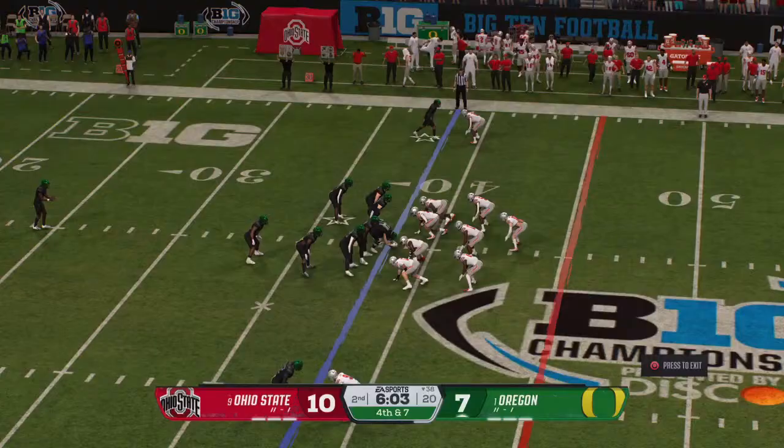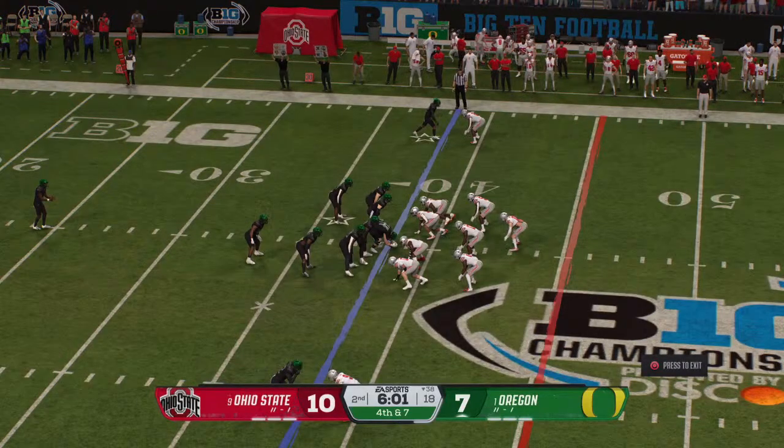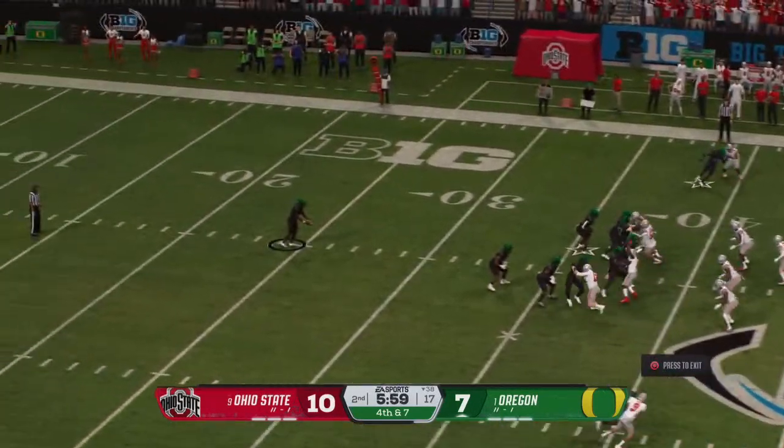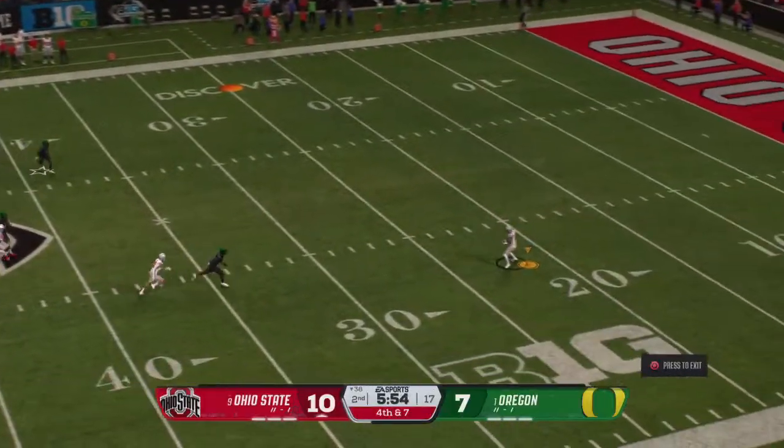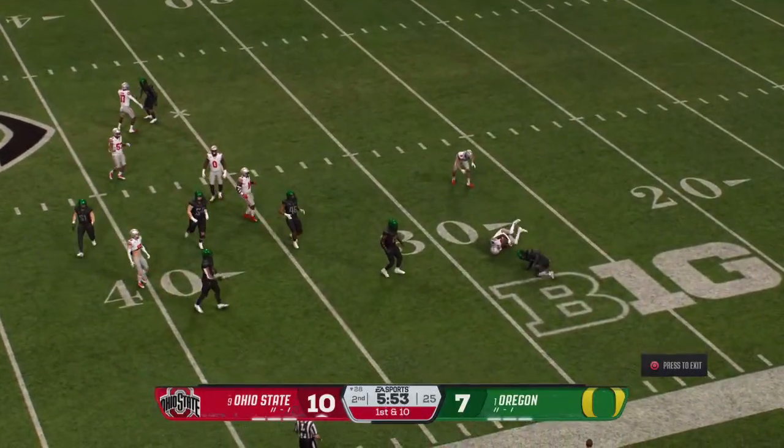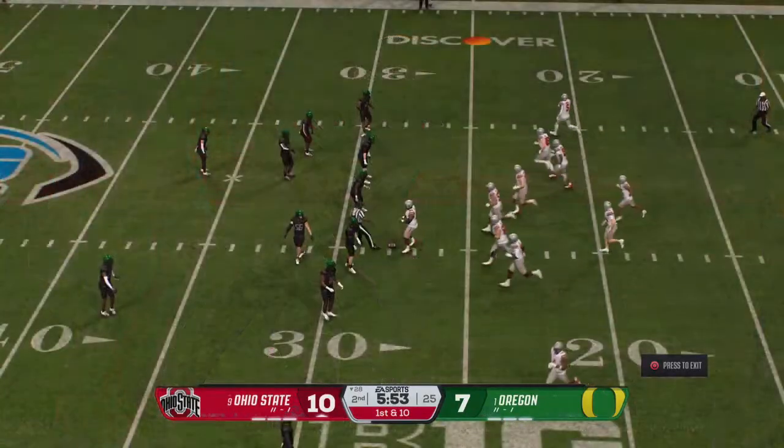You know, he had nobody open downfield because of great coverage there by this defense. But what I love to see is how they run to the ball. He checks it down, and this guy's got nowhere to go. It's a big loss. Returner brought down. Sets up the next drive.